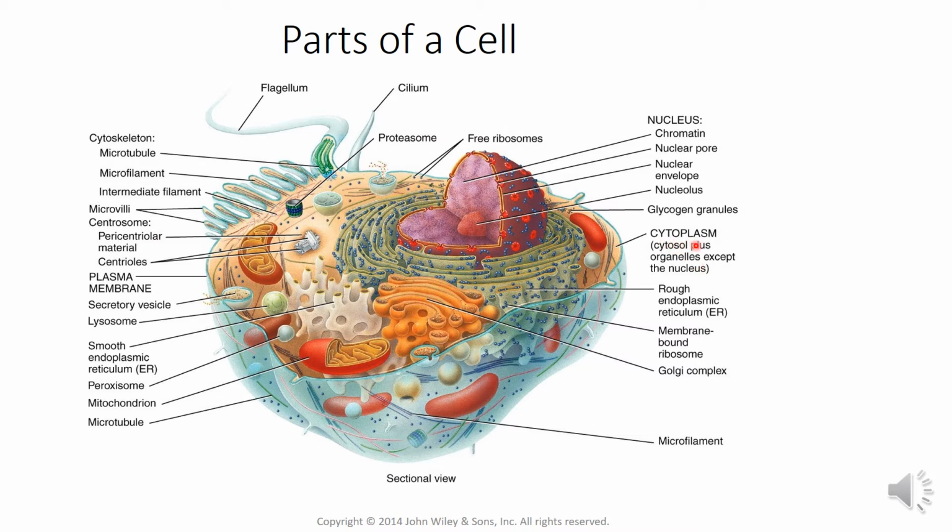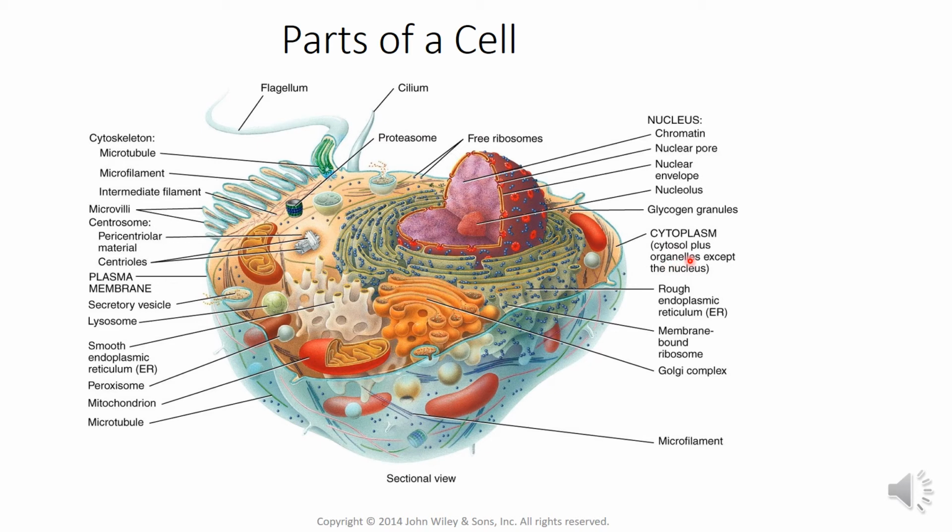Basically this cytoplasm consists of all cellular content between the plasma membrane and the nucleus. Okay, so this cytoplasm consists of cytosol and the organelles except nucleus. In the cytoplasm we have nucleus. Okay, ये nucleus होता है, but we cannot consider this nucleus as a part of cytoplasm. Cytoplasm is nothing but cytosol and the organelles.